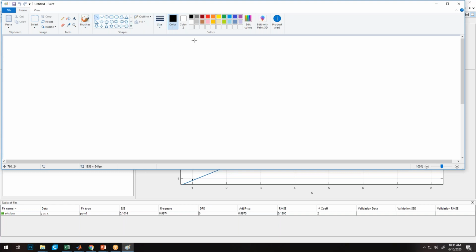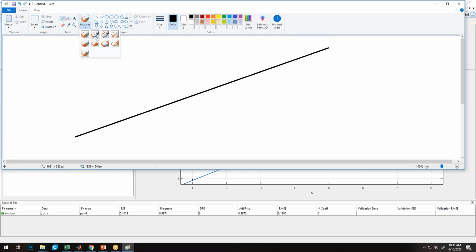My experimental point can be this, here or here. So the error can be like the distance from this point.